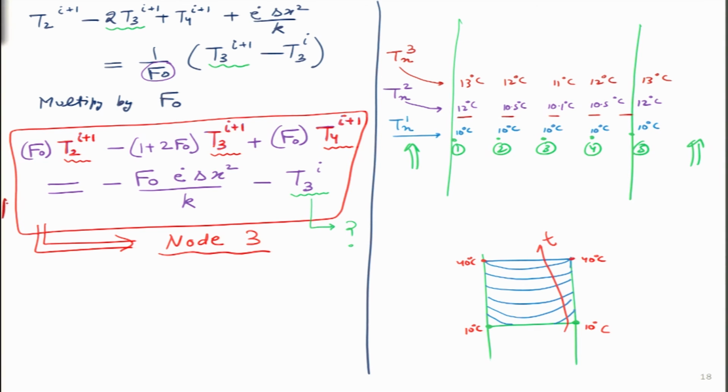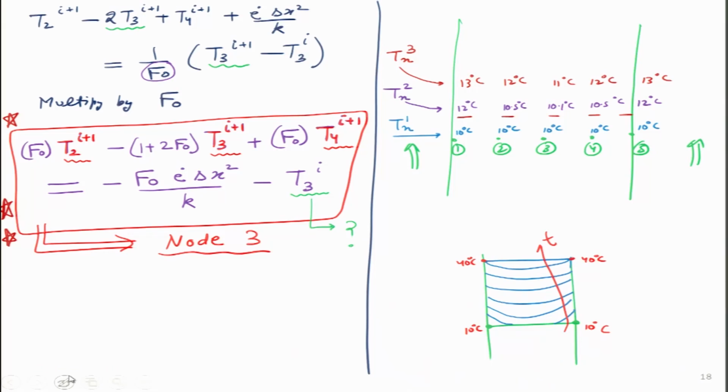Now focus on the left hand side of this particular slide where I am putting the stars. When I am moving forward, when I am calculating temperature for the time step i plus 1, they are still unknown for me, but the temperatures for time step i are known. That is why this known value I may write over here in green color, and the unknown value I will write in red color. The same thing I can write for node 4.